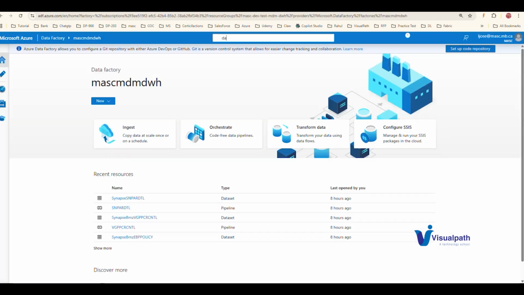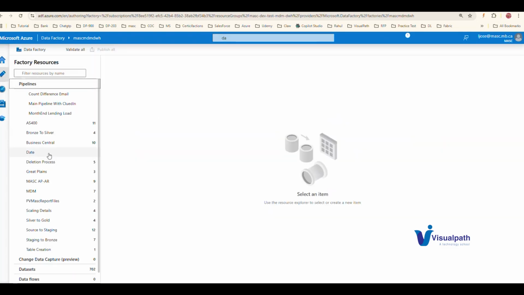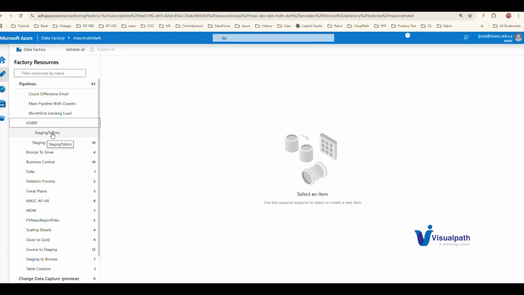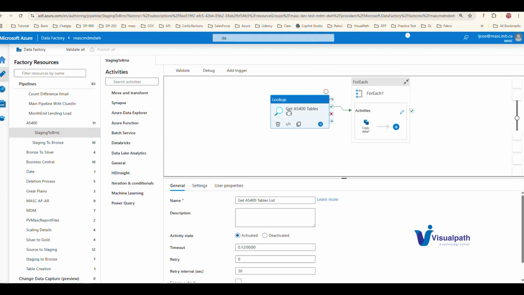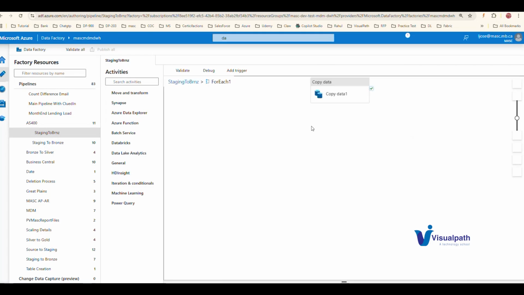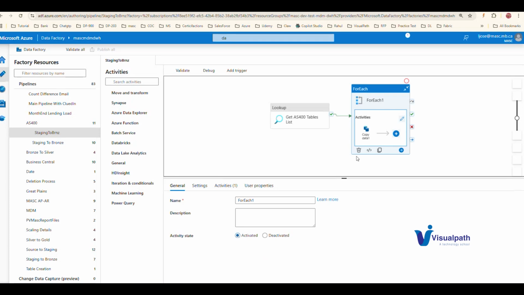I will give you an idea about what a pipeline is. This is not that environment; this is a different environment where I am trying to show you a pipeline. This is one pipeline in Azure Data Factory. We have different activities here. What I'm doing is getting a list of tables from a particular database and copying them into another database. So this is a set of tasks. For your understanding, I'm giving an overall picture. This is called a pipeline.